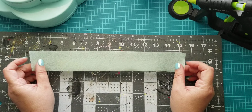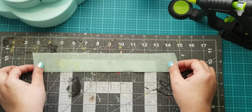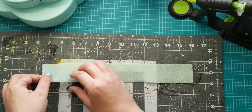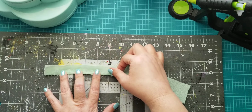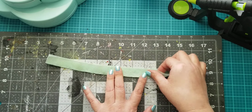So you take a strip of crepe paper, and you can make it as long as you want. I use about 12 inches. And then I just fold it in half, and that's going to create that double layer. Just fold it in half,